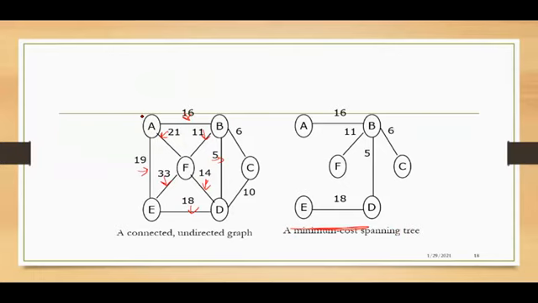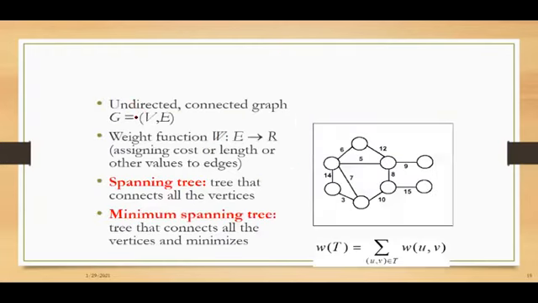But you can by yourself try the various spanning trees, not minimum cost. Just try different spanning trees for this graph, connected undirected graph, and find the weights of each. So create spanning trees, find it. You can create 3 spanning trees and find the weights, and the exercise is that you have to check whether the weights are equal, one is greater than the other, and you can also see whether you have got the minimum cost spanning tree.